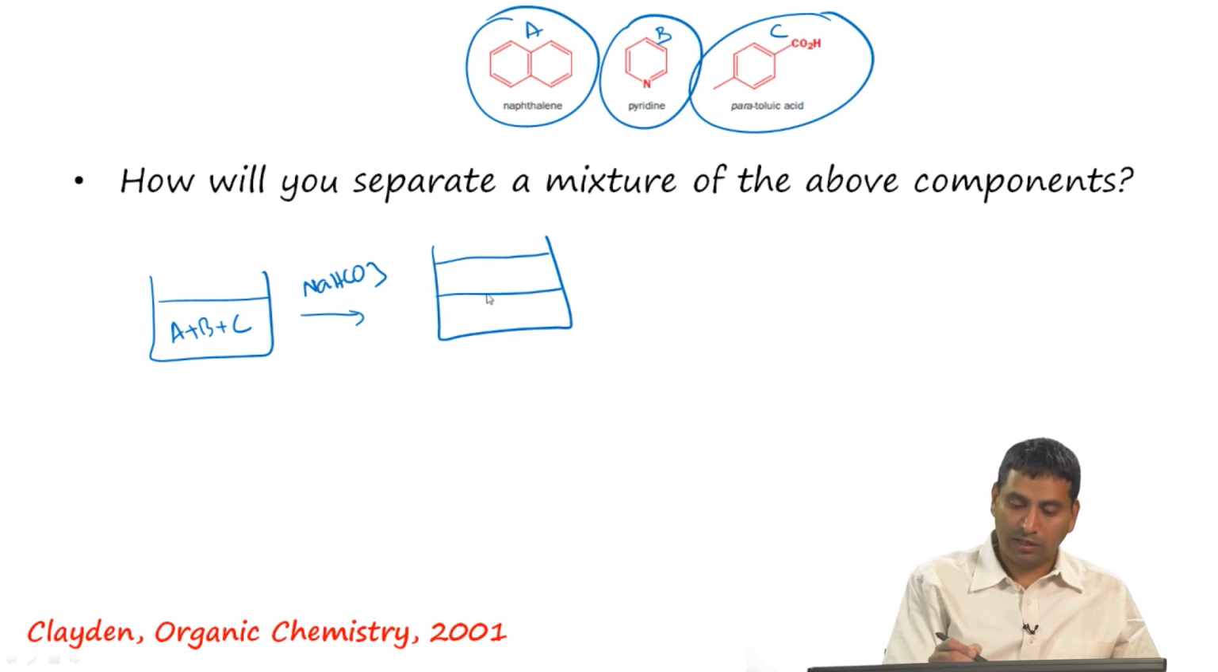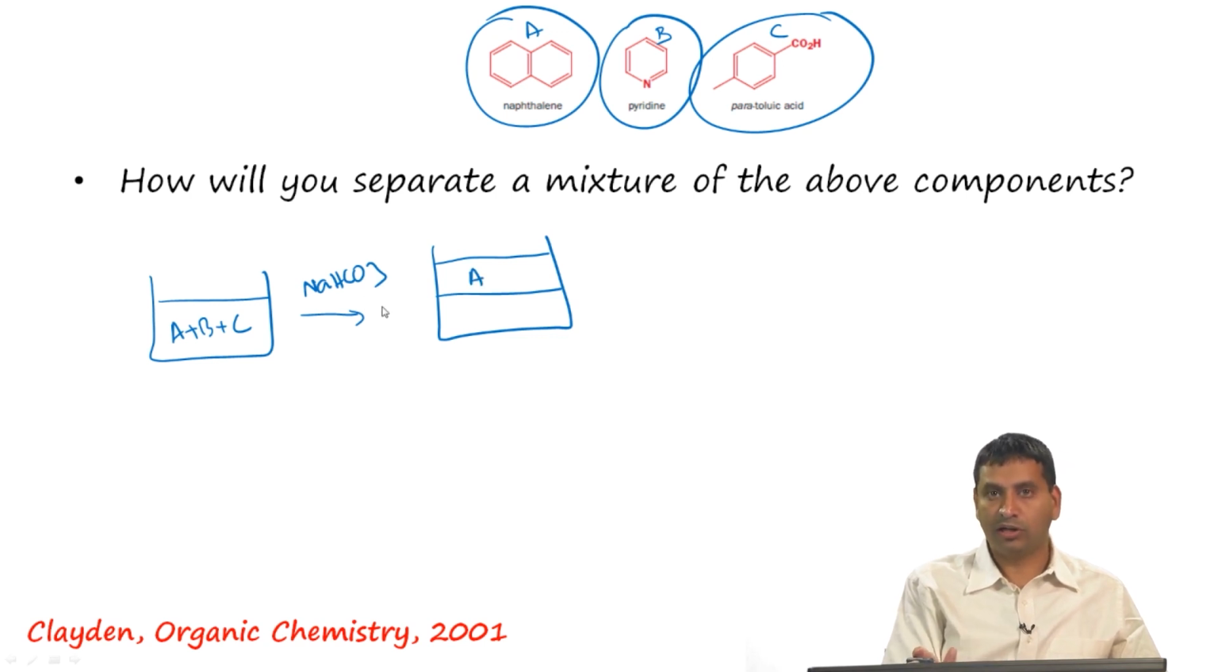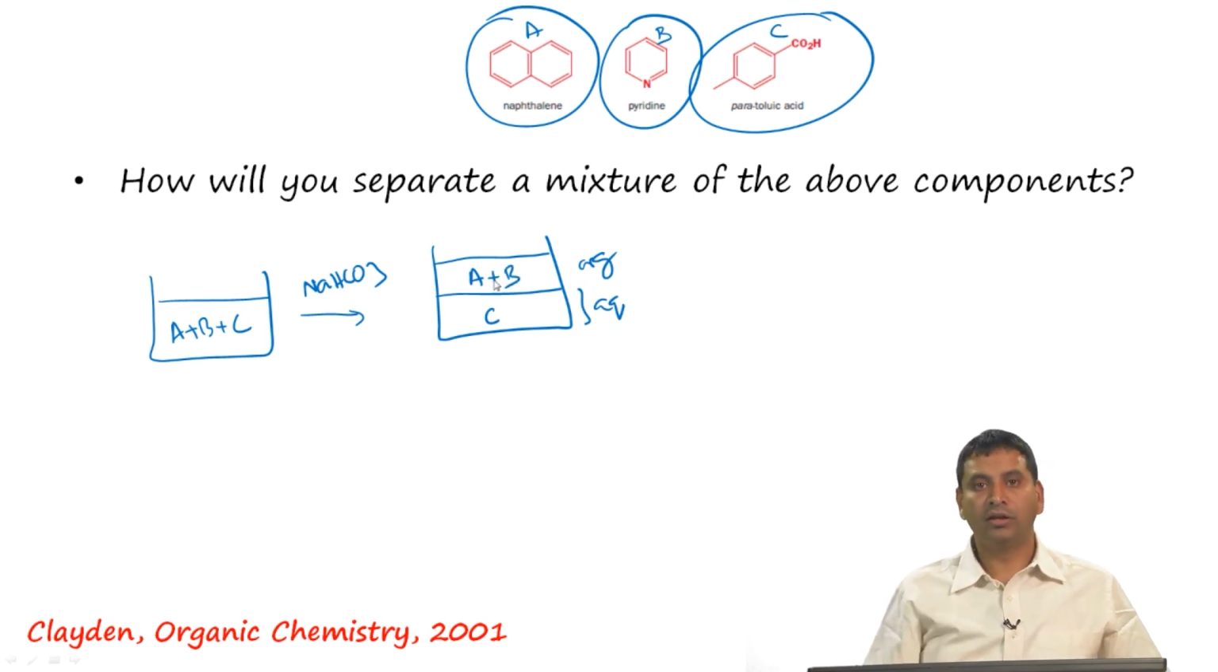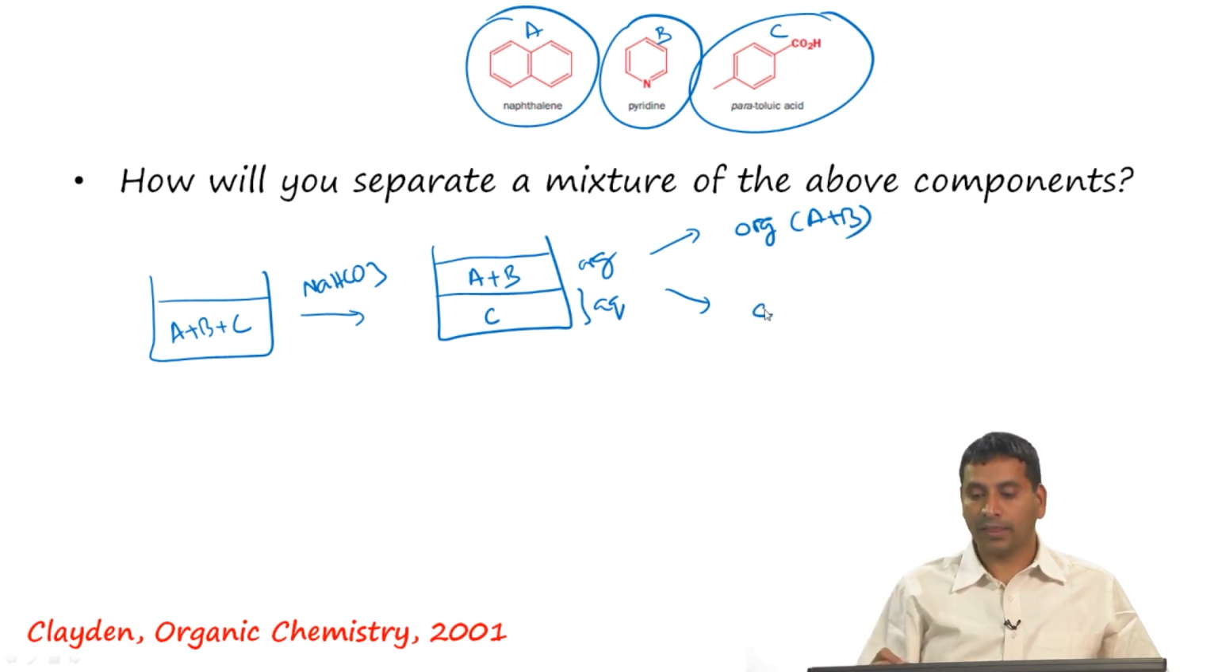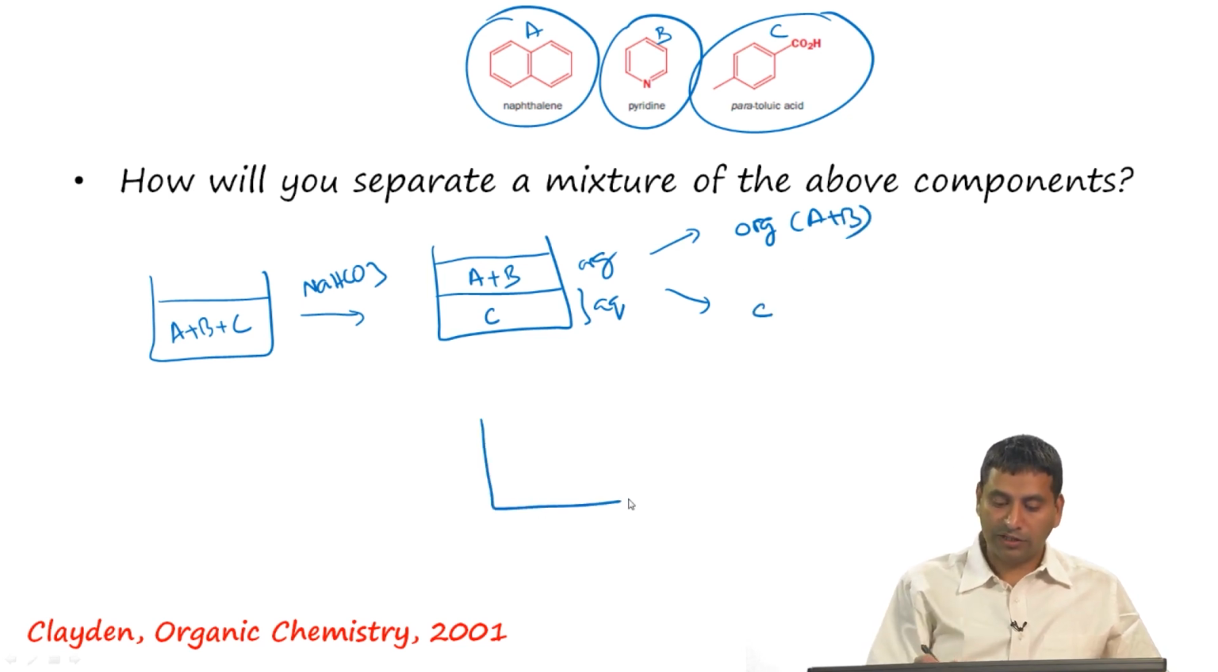Now, since bicarbonate is a base, it is going to convert the carboxylic acid to carboxylate, and the carboxylate will remain here in the aqueous medium, and A plus B is going to remain in the organic medium. Now, what you do is you separate the organic layer, which will contain A plus B, and you get your C. To this organic layer, which contains A plus B,